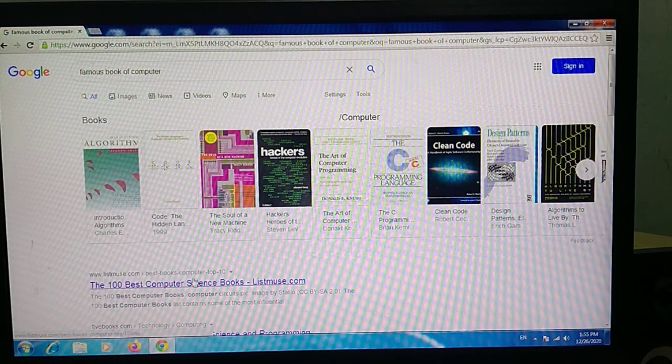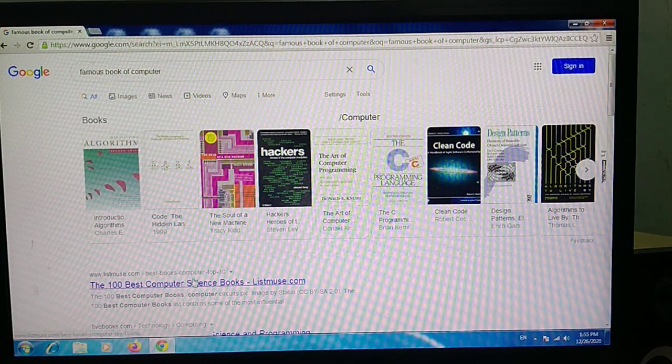If you are finding any difficulty solving anything, you can type it and search on Google. But except Google, there are so many search engines: Bing, Ask, Yahoo, and AOL.